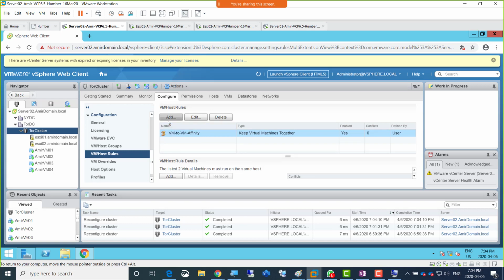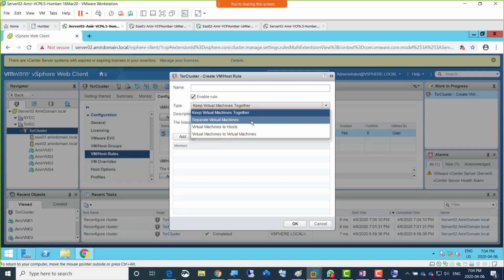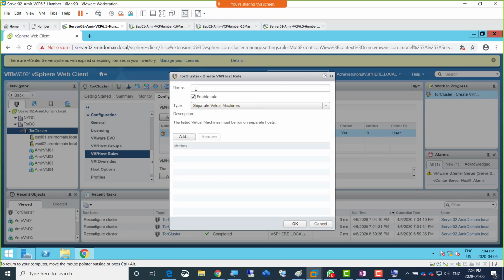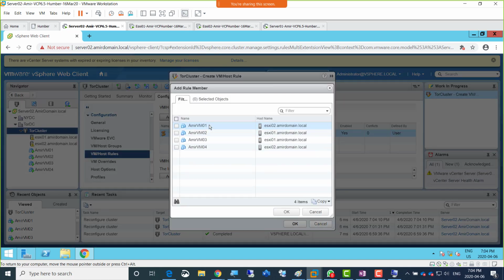Now we click add here. We are running out of virtual machines, pretty much. So if we go for separate virtual machines, let's click that, and that would be Vm-2-Vm-Anti Affinity. Now that is an Anti Affinity rule. Vm to Vm Affinity was there, and separate virtual machines. Now we can just click add here again. Remember that the first 2 were grouped together,